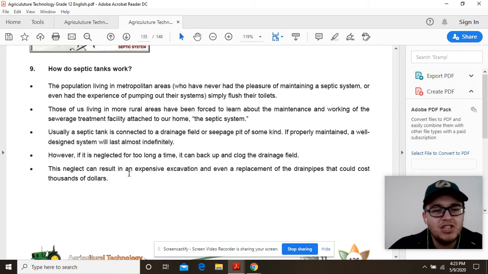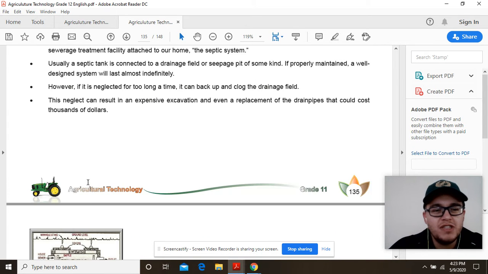This neglect can result in expensive excavation and even replacement of drain pipes that could cost thousands of dollars, in